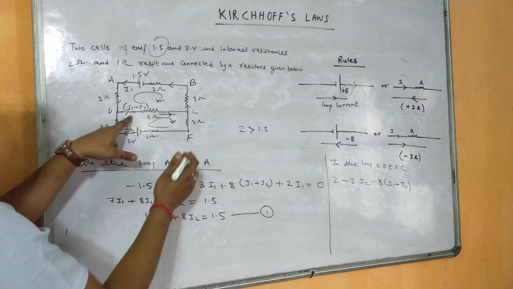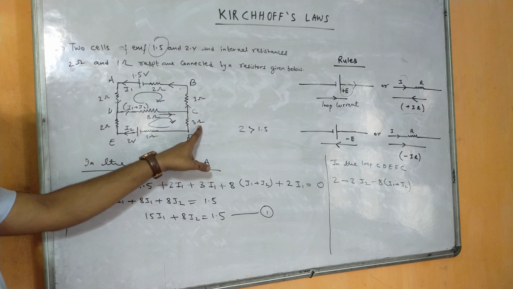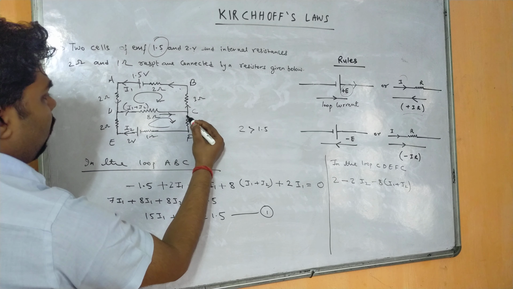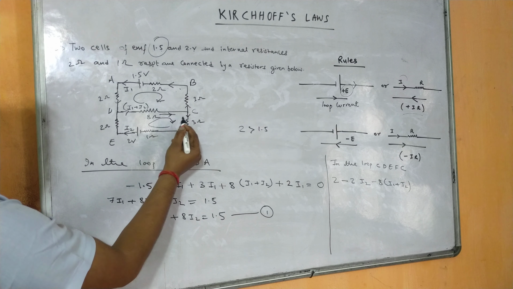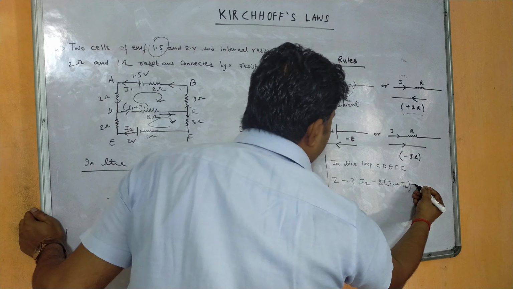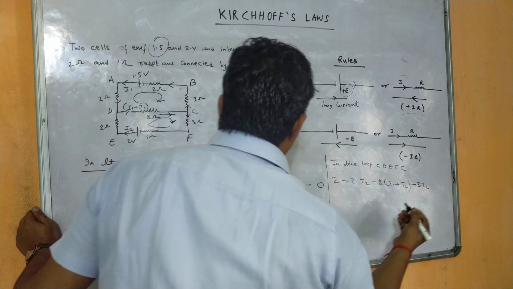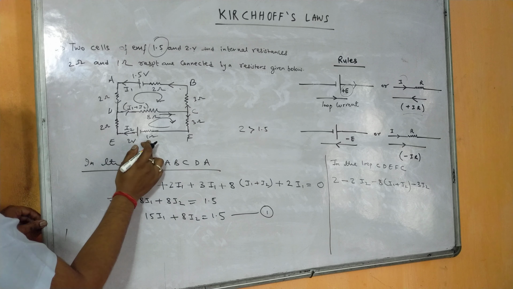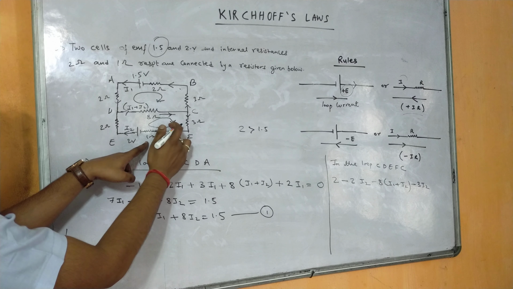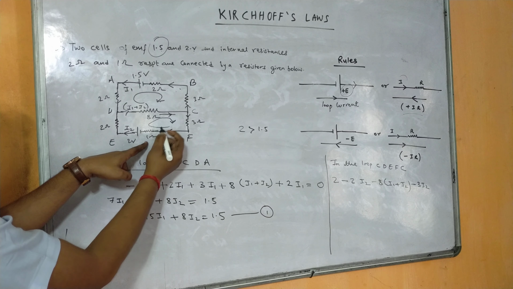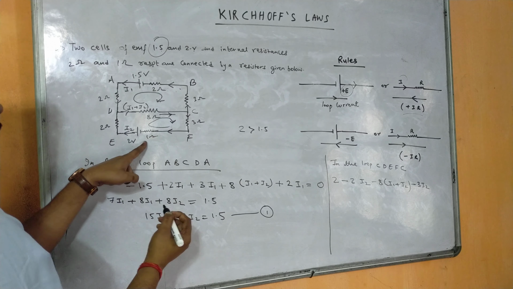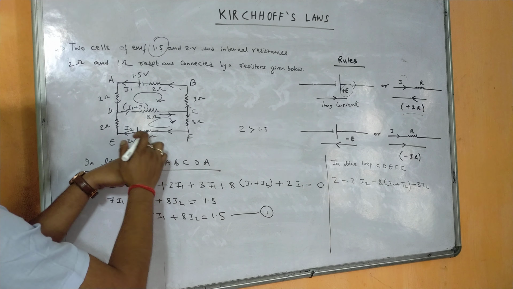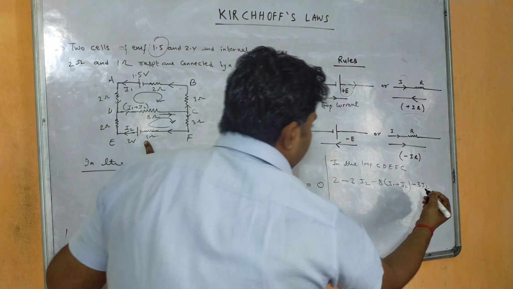Now again we need to make a turn, it will pass through this 3 ohm, so the current passing through this 3 ohm and this loop direction both are same. As they are same, again we need to take minus 3I2. So last, when it passes through 1 ohm, again the direction of current through this branch and the arrow direction both are same, so again we need to take minus, that means 1 into I2, so minus I2.